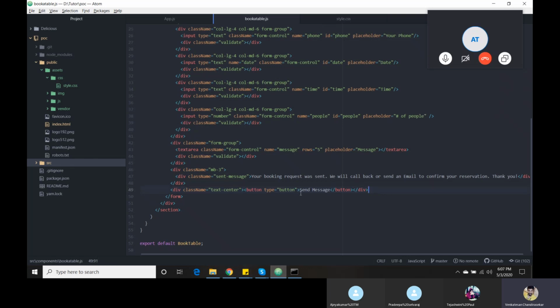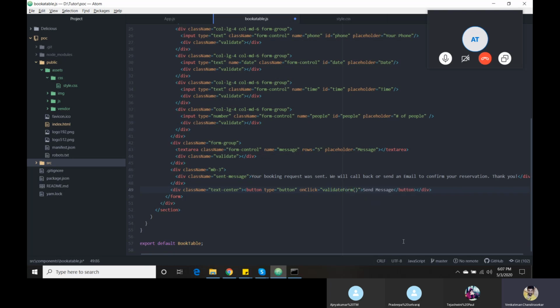Okay, now it's fine. Now onclick. Here whenever I click, I need to show some alert. The reason is I need to ensure myself whether I am on the correct way or not. That's why onclick. If I write onclick like this, it is wrong syntax. As I said earlier, JavaScript needs proper camel case notation. That's the reason I am going to give onClick like this. Then normally we will do validateForm.